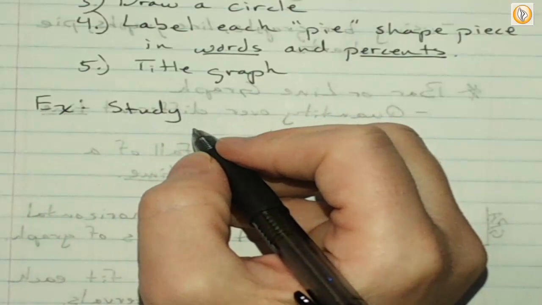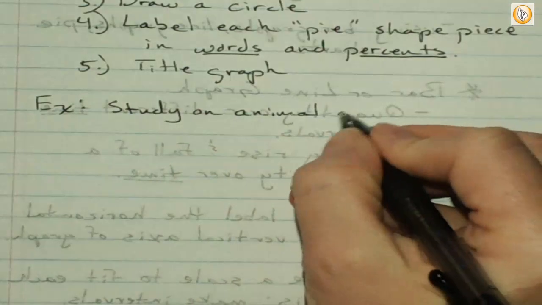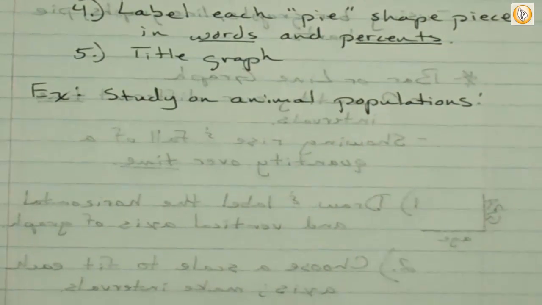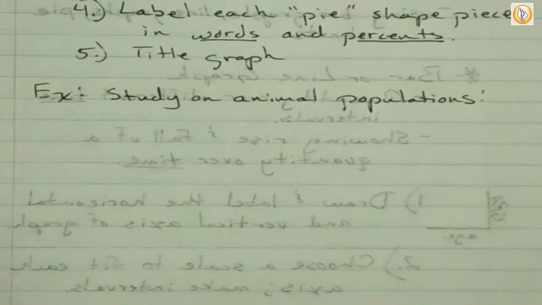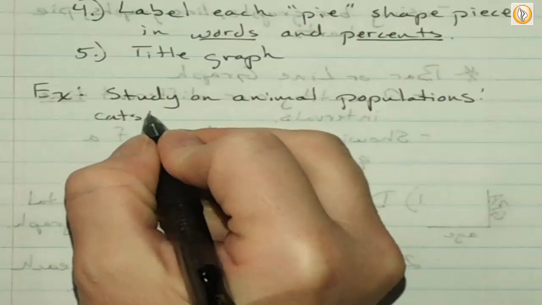Okay, there was a study on animal populations. Someone did some research to find out how many cats there were in a certain place, how many dogs. They did research on the population of cats, dogs, lizards, and hamsters. I don't know how they did this, but they concluded that there were